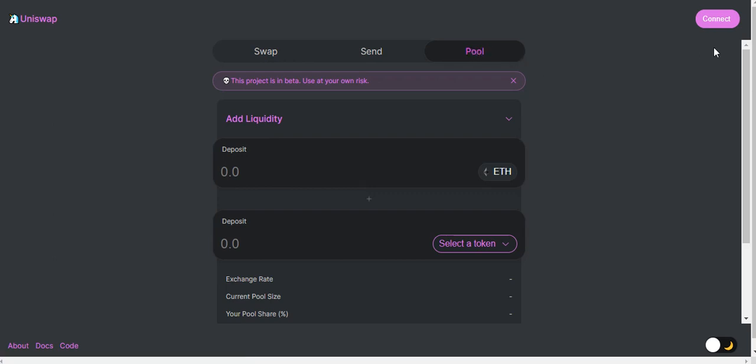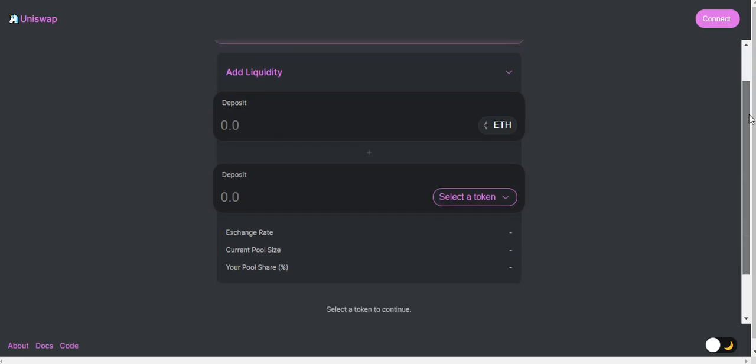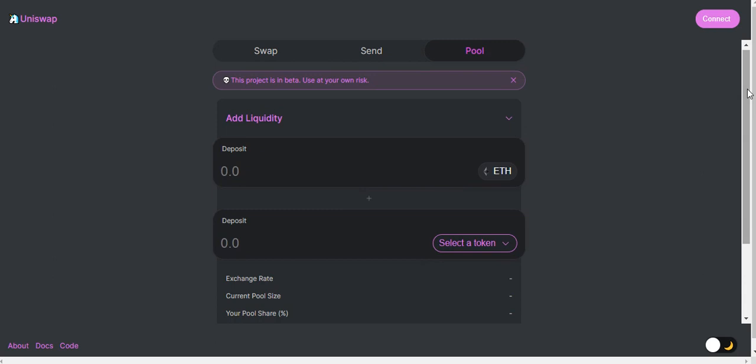Now, the majority of these DeFi projects are in beta mode. So always understand that there is a huge risk of a loss of funds or assets in using them. Let me not say a huge risk, but there is a risk. To date, I've never had a problem. Once again, to date I personally have never had a problem.